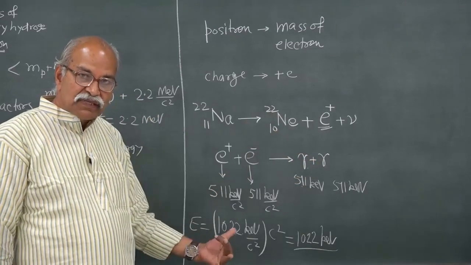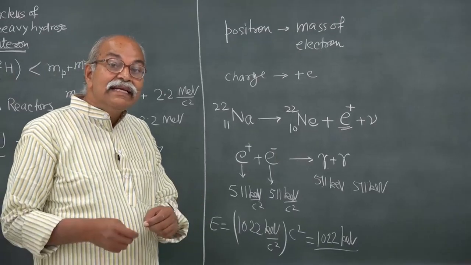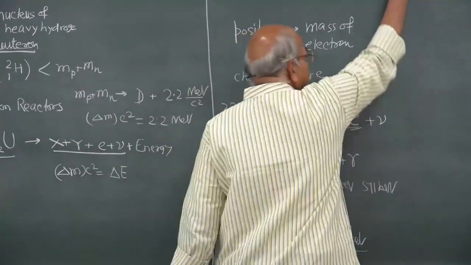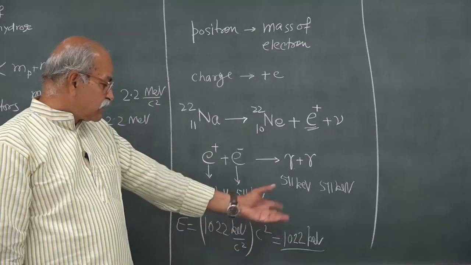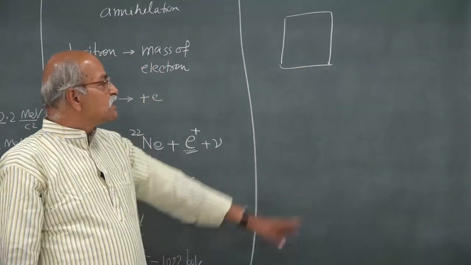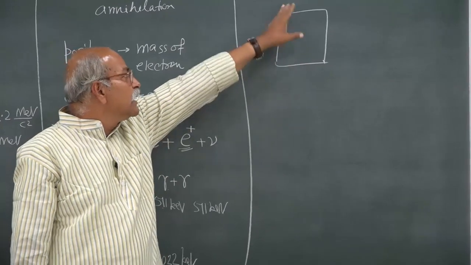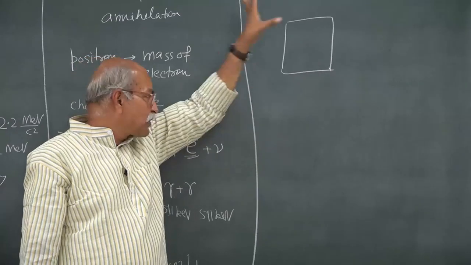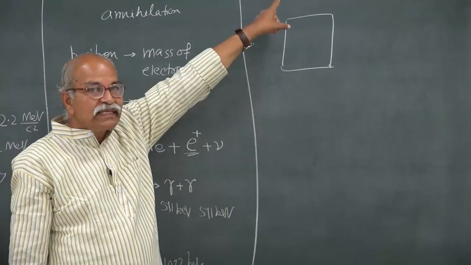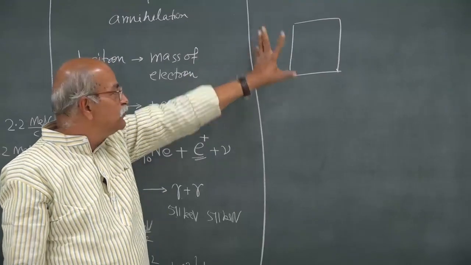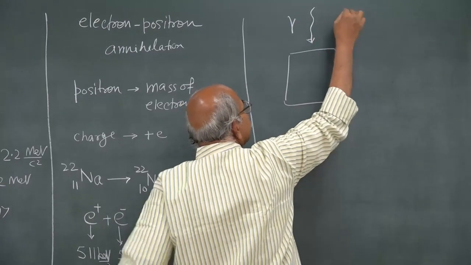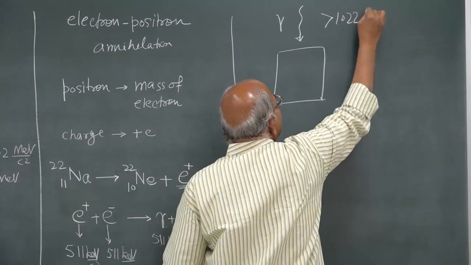The reverse is also possible. From the energy you can create material, you can create particles which never existed. So, this example itself can be taken, the reverse of this. Generally in nuclear physics laboratories they have detectors, varieties of detectors, solid here, and a gamma ray comes here, and then there is some process by which it loses energy here and that is trapped, and from there we know what was the energy of the original gamma ray. So, if you have this kind of detector and a gamma ray comes in with energy which is greater than this 1022 keV,